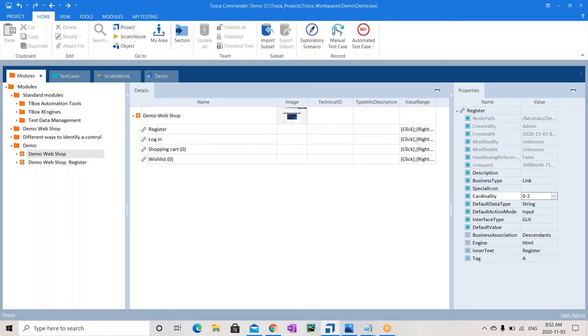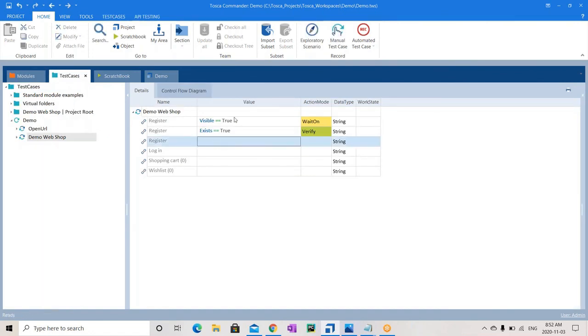So suppose now I am saying cardinality is 0 to 2. Now I am saying click on this register button. Next, again click on this register.